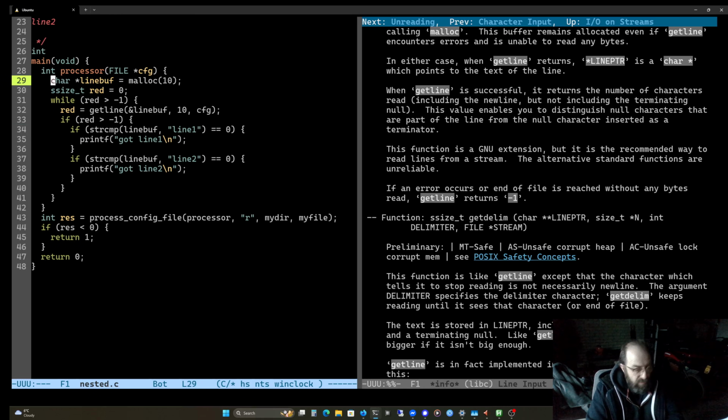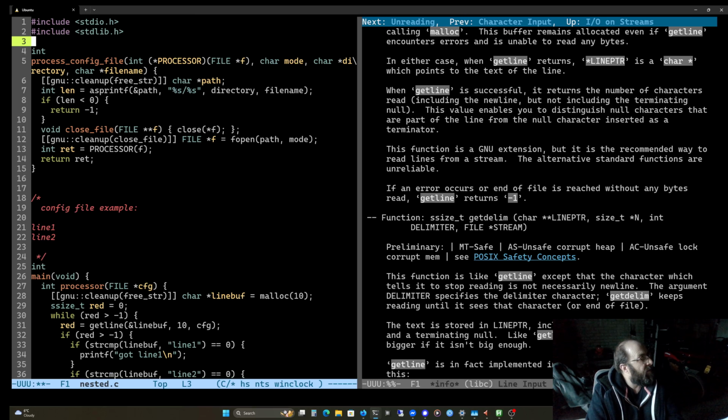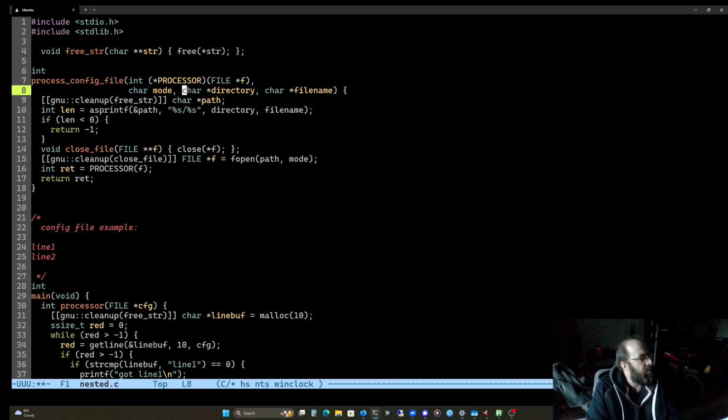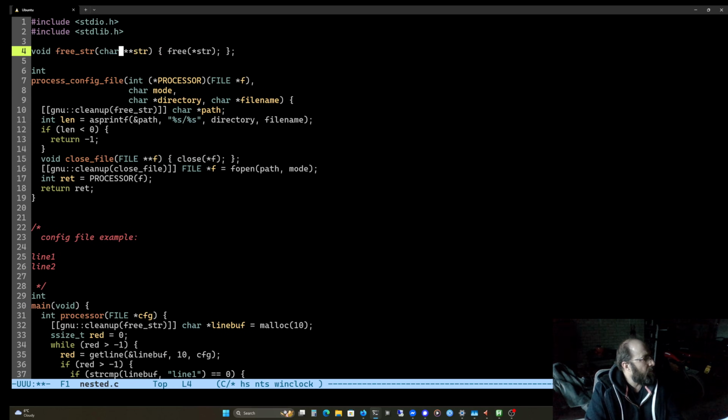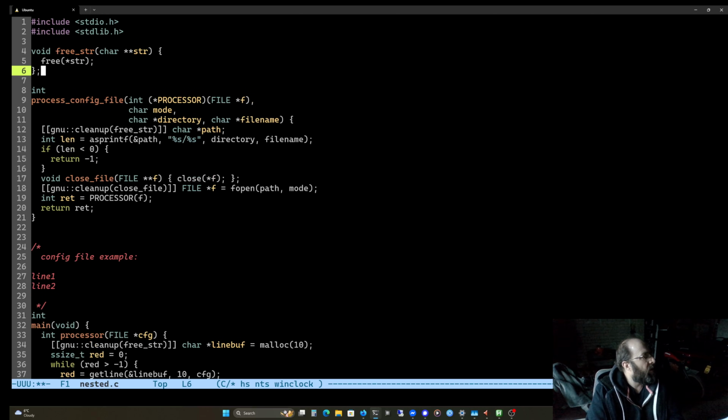We are going to make sure that gets cleaned up as well. And now you see why we might want to lift the free string above here. Let's tidy up this. It's great when, oh, it'd be good if I finished my sentences, wouldn't it?